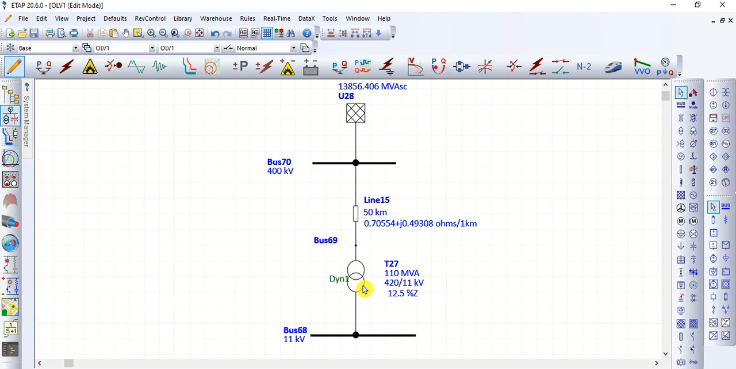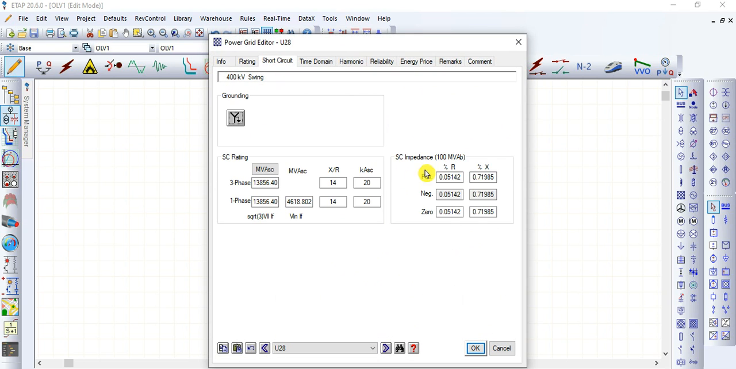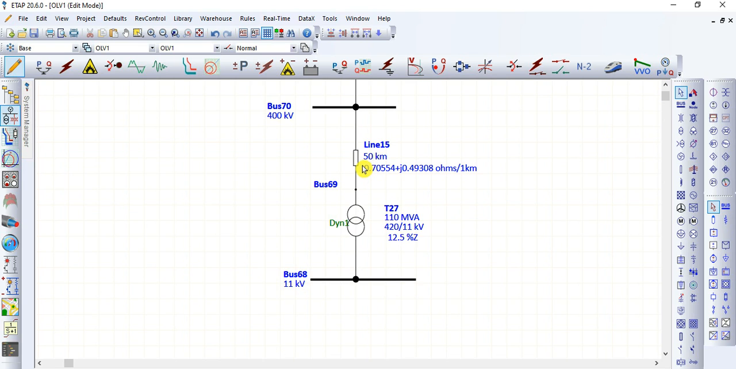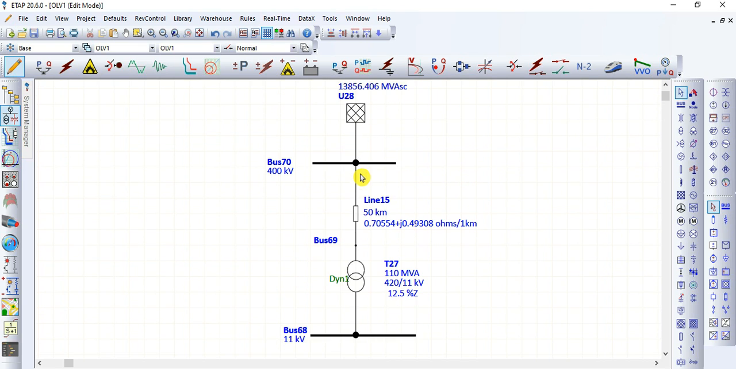What is the impact in the transformer secondary side regarding the short circuit current? So this is a network where we have modeled this grid short circuit current as 20 kiloampere and X by R ratio is 14 considered, and I have considered 50 kilometer of transmission line. This is not important for this study case, but I have modeled this transmission line also,